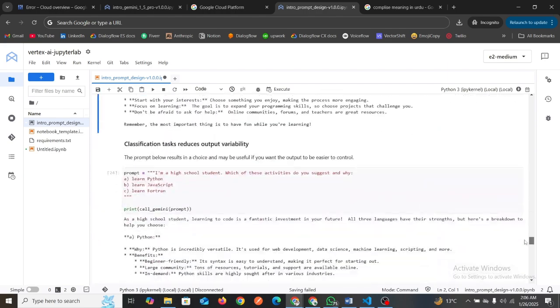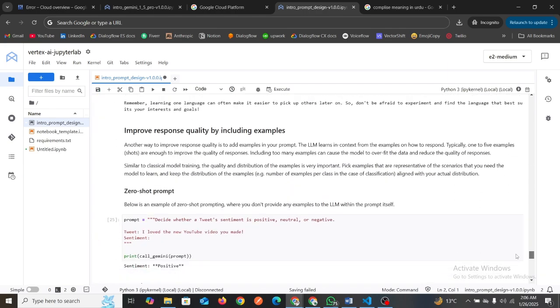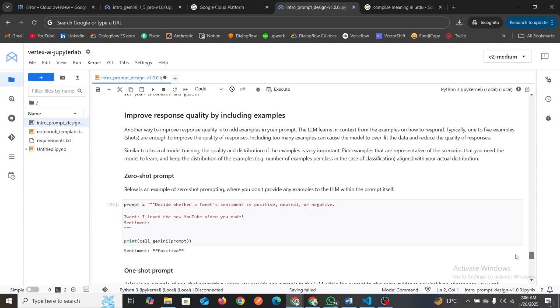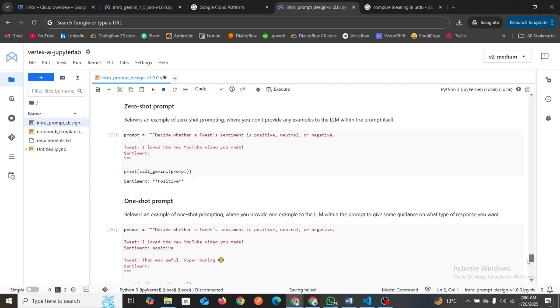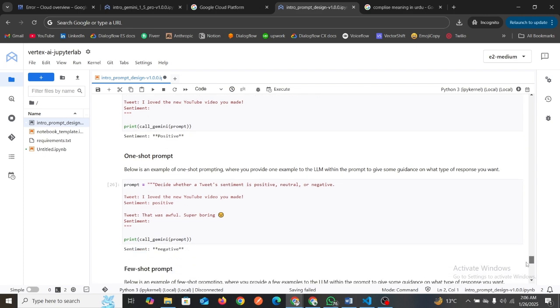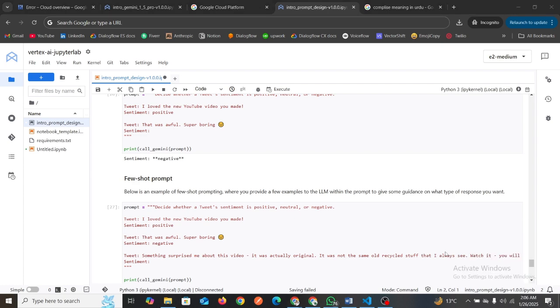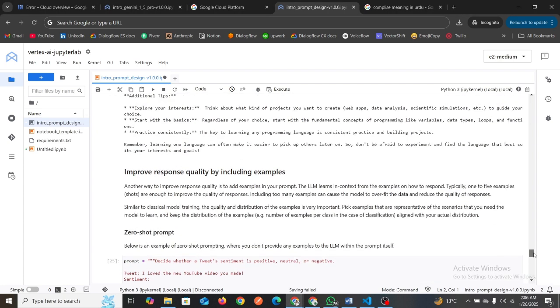After that, we have some other things you can classify, and zero shot, where you provide the prompt without any example. Okay, and one shot prompt, where you give an example in the prompt so that the bot can understand. And few shot prompt is where you provide more than one example to the LLM model. So yeah, in the zero shot